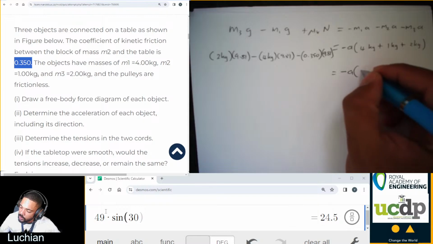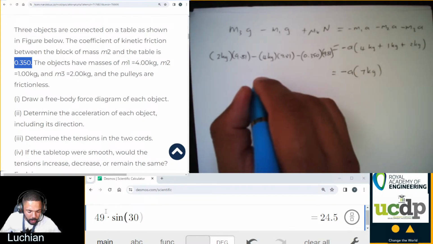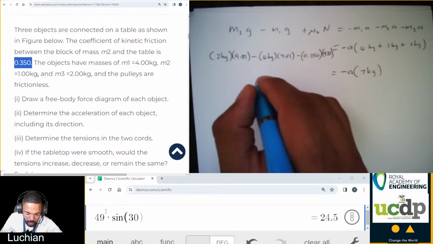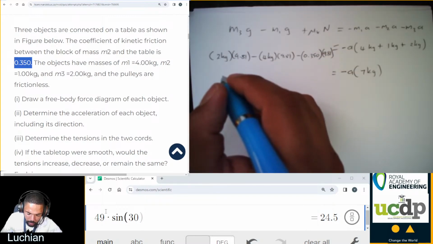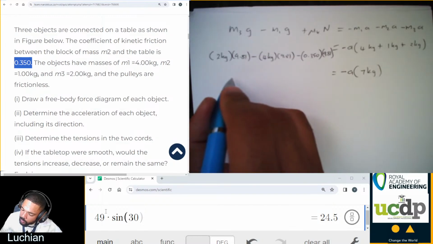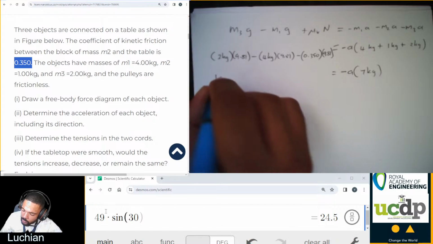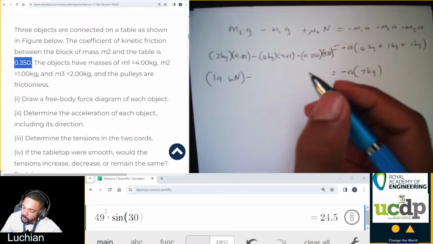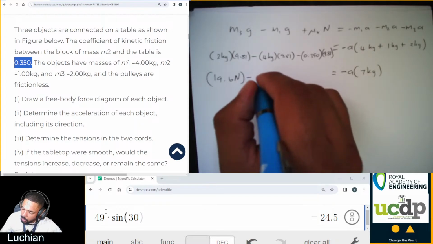Okay. So if we work that all out, we have on this side negative 8 times 4 plus 1 plus 2, that's 7 kilograms. And on this side, we have a force of 39 minus 3.43 minus 19.6. So we have 2 times 9.8, that's 19.6 newtons, minus 4 times 9.8,